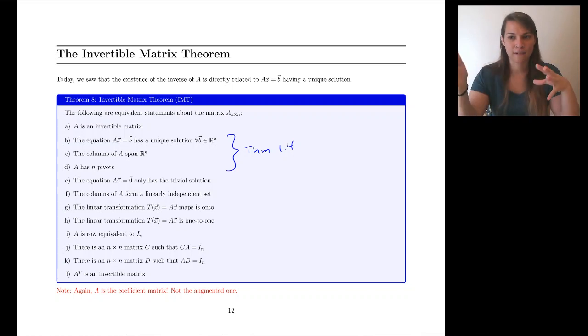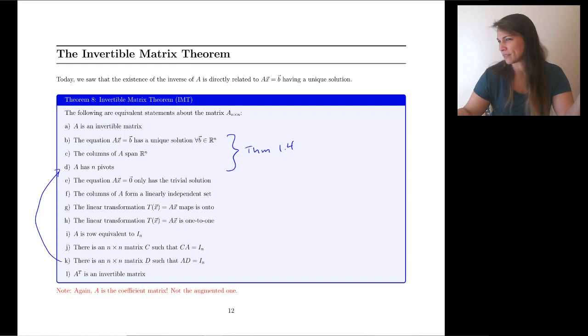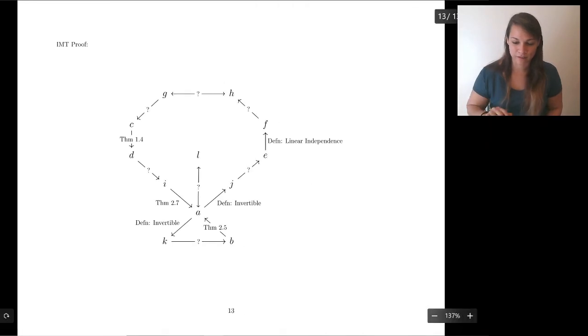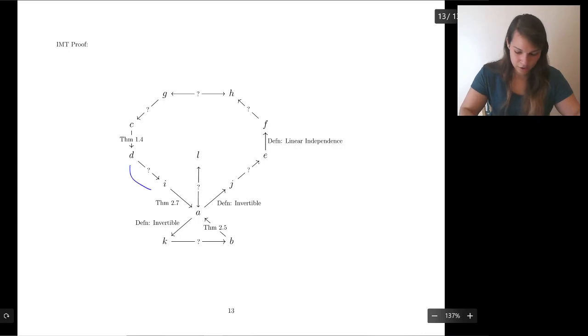Notice that not every single one of these directly implies the other. So for instance, K somehow implies that, and we haven't really covered that. Is that directly true? So what I've got for you is our proof for the IMT, invertible matrix theorem. And some of them we've done. So like D goes to I. Let's see, D was, A has n pivots, goes to,